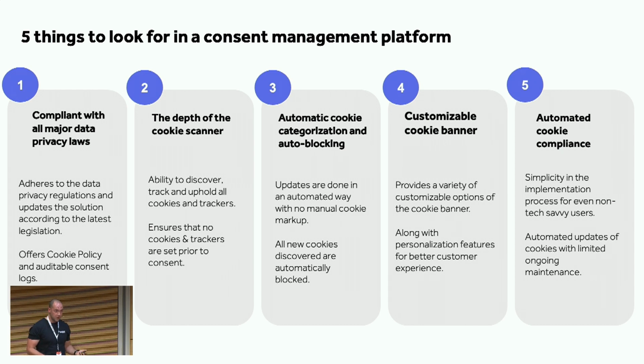don't know what it is yet, then we'll contact whoever created it, and we'll ask them a whole bunch of questions so we can pre-categorize it for you, so you don't have to think about that, because you might not even know what it does, and we'll provide a description in at least 5 languages about what the cookie is and does. The auto-blocking feature is, in the old days, you had to sort of make some provision